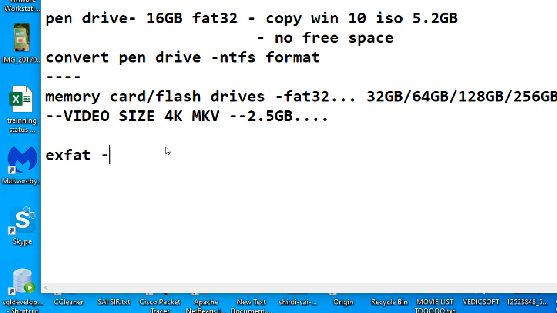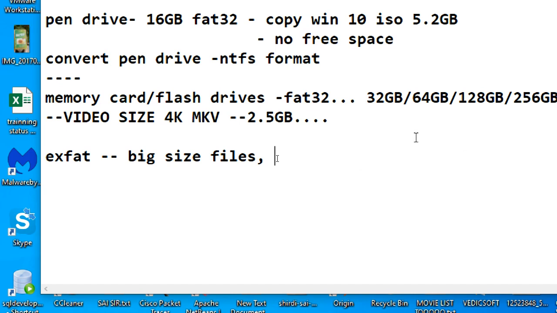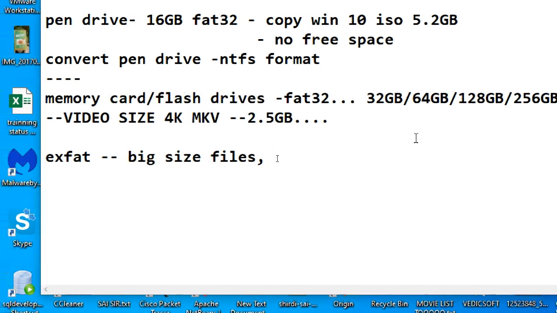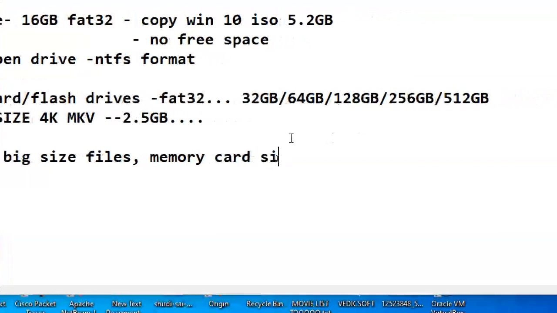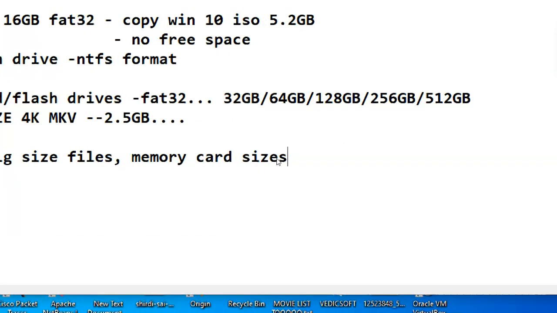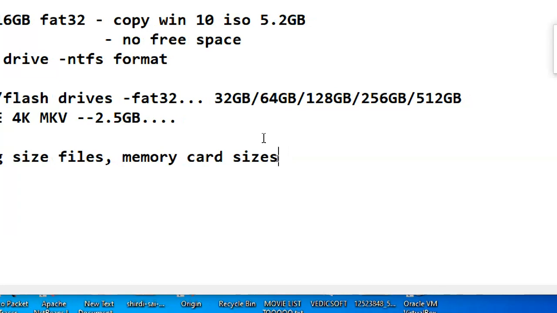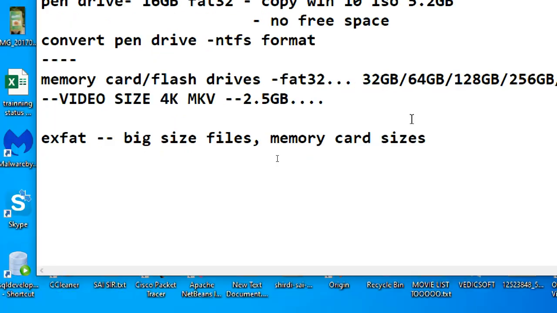So exFAT supports big size files, like video files. You can go to the internet and check how much size it will support. It supports big files as well as memory card sizes or flash drive sizes, different sizes like 128 GB.